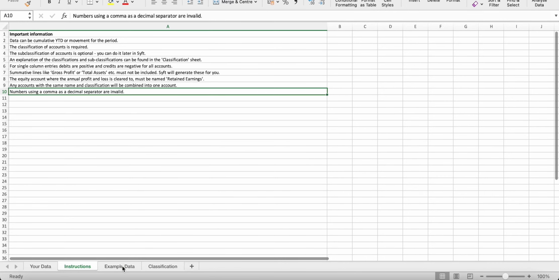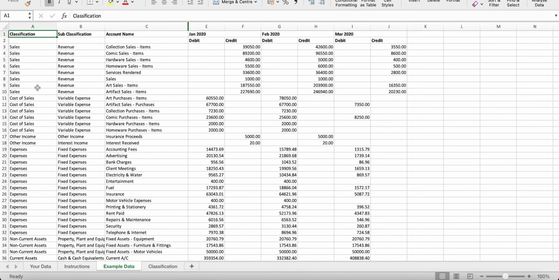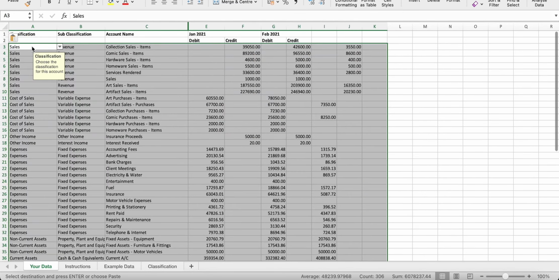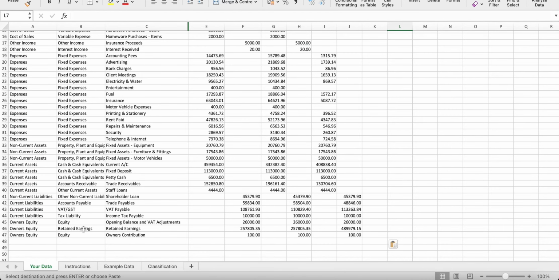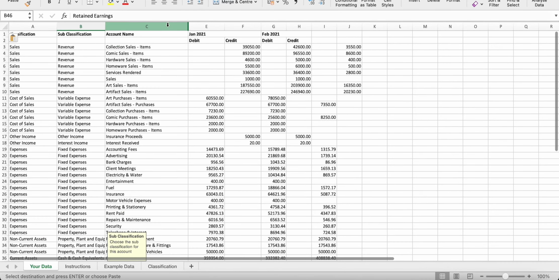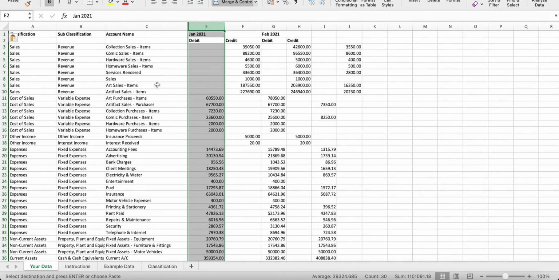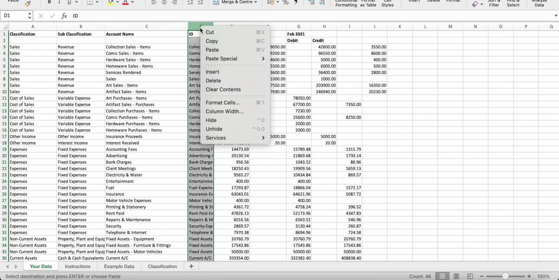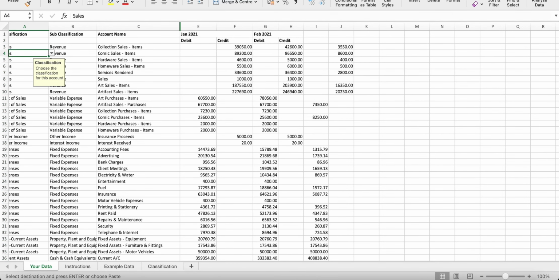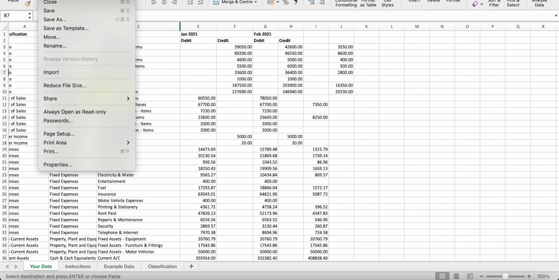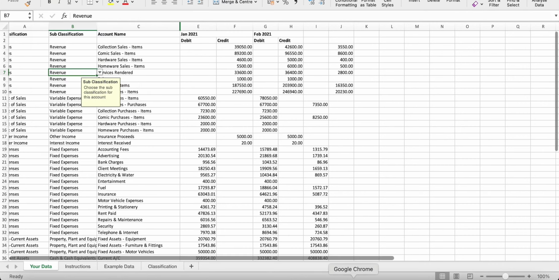Right, so I'm just going to go to example data over here and copy it across. So you can see over here I have retained earnings. You can also see that there's no column D. That's because column D is a hidden column, which is your ID column, but you don't need to worry too much about column D. Alright, so now we're going to save this, and we're going to go back to Syft